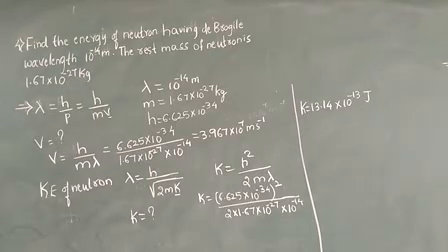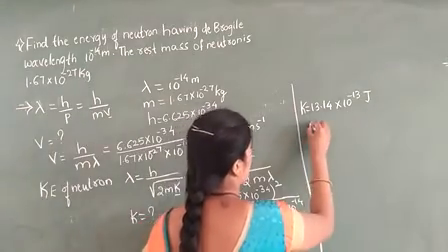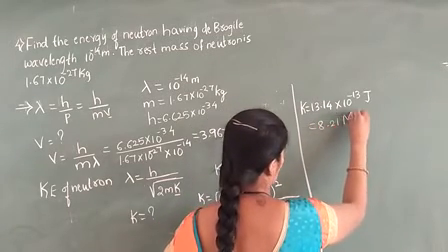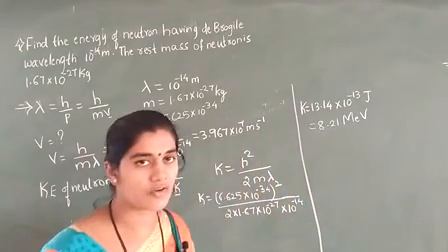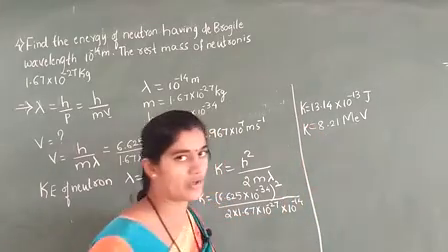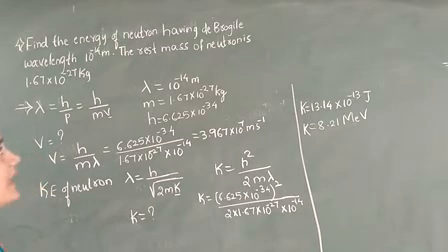Or the value of the kinetic energy can also be written as 8.21 mega electron volt. We are considering the answer in electron volt, because here we are finding the kinetic energy of a neutron. Therefore, according to the question, the kinetic energy of a neutron k is equal to 8.21 mega electron volt.